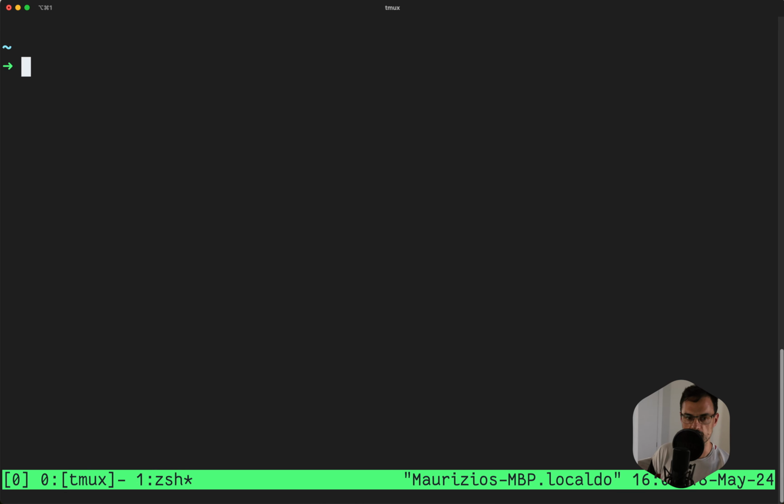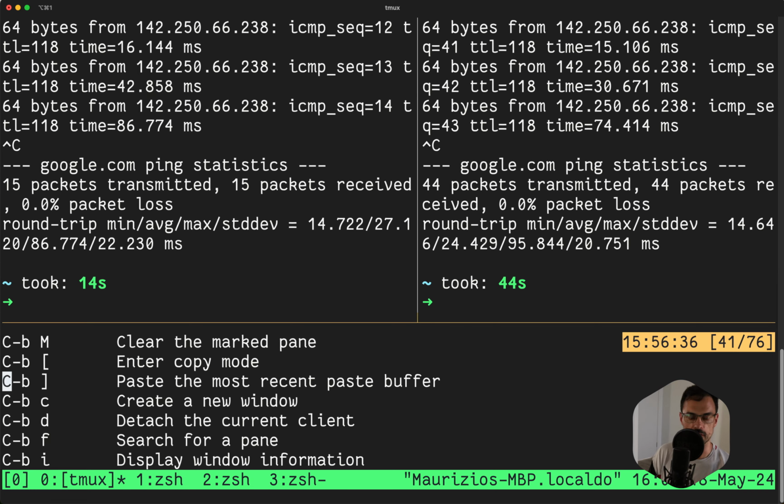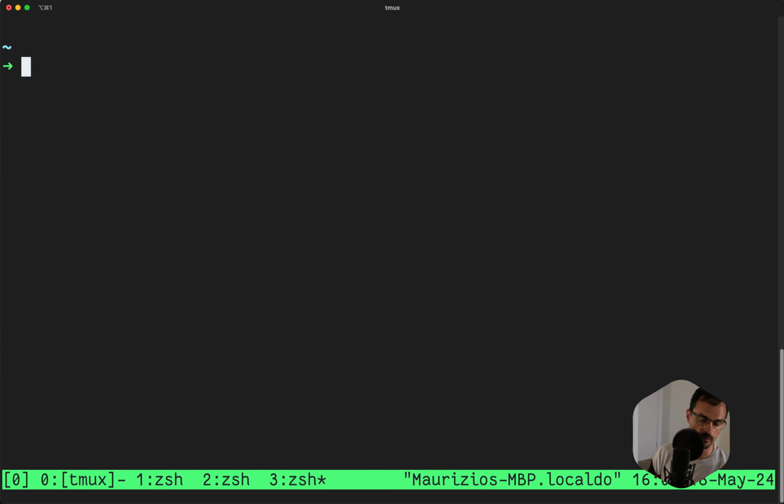Now, with CBC we can move in between those windows. CB0, we're going to go back to the first one. CB3, we're going to go to the third, and notice how the asterisk is now moved to the third window. And here we can also open this. We can, for example, see other commands,